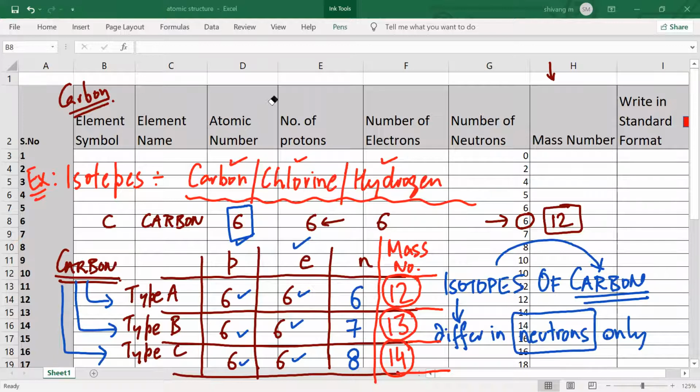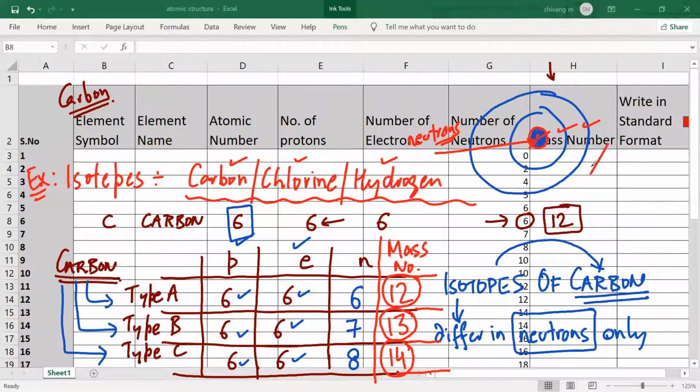Very nice. So, Mr. Satya, when we look at the atom, let us try to see what is happening. The protons and the electrons would remain the same, but here the neutrons will change. Satya, are we clear? Yes. So, in the nucleus, the number of neutrons changes. Proton and electron remain the same. That is why we have three kinds of carbon. I am repeating again and again: all three are carbon. Are we clear about this?